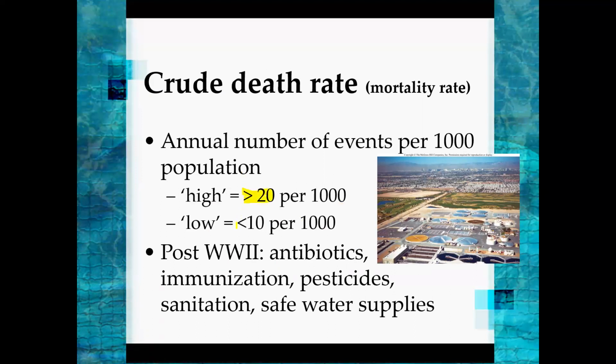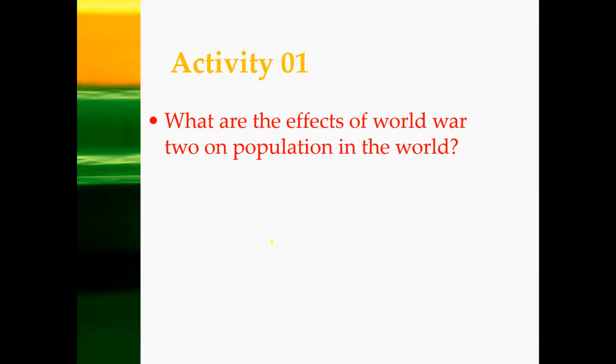That is to say that it should be greater than 20. To say low, it should be less than 10. Then I have given two activities. The first one is, I have already discussed with you how COVID-19 has affected world population. Then right that way, you can find more information about what are the effects of World War II on population